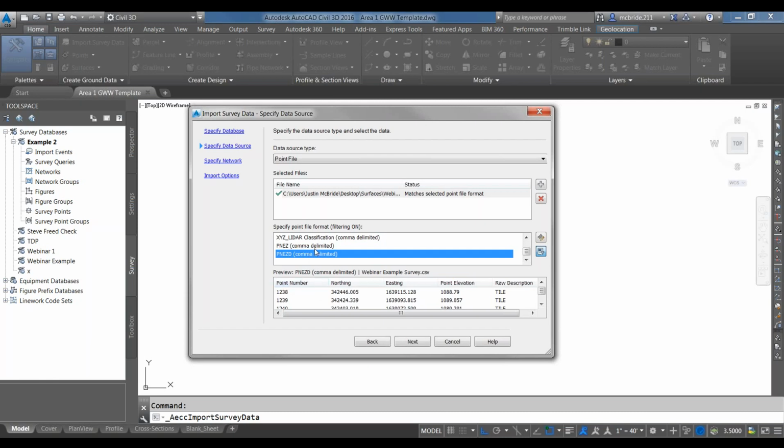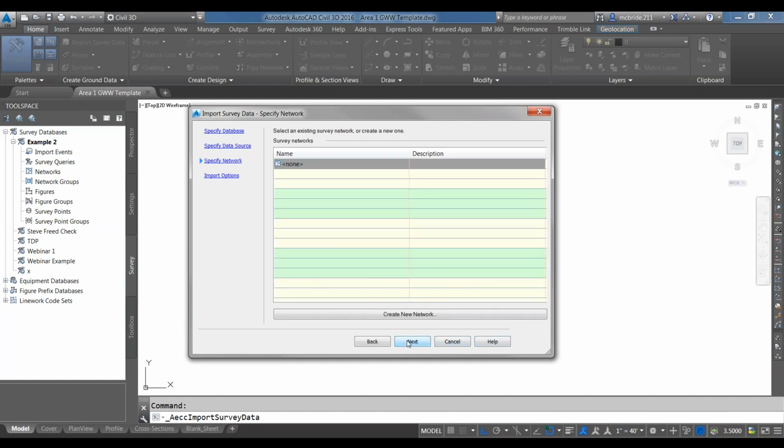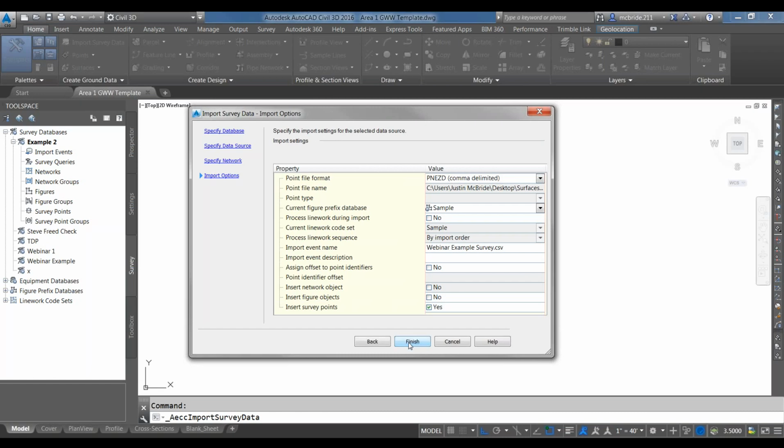So for instance, if I would have picked PENZD, then it would have switched to easting and northing, and then I would have to know that this is not an easting value, this is a northing value based on experience. And I can go down here and change it to what it's supposed to be. So I'm going to click that one, and I'm going to click next,